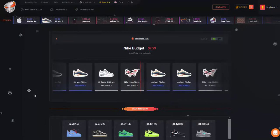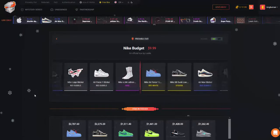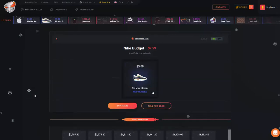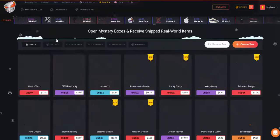Come on, big money, no whammies. Give them some shoes. Oh, a sticker. A $5, it's worth $5? Okay, whatever. What makes a sticker worth $5? I don't know. All right, anyway,